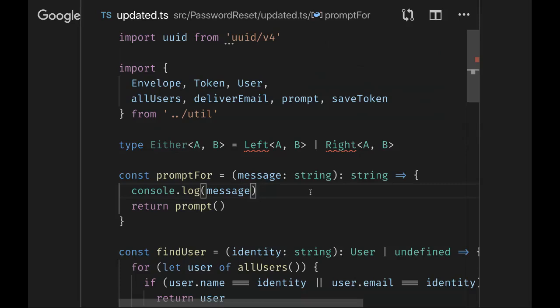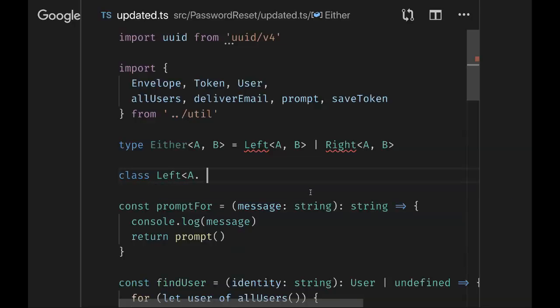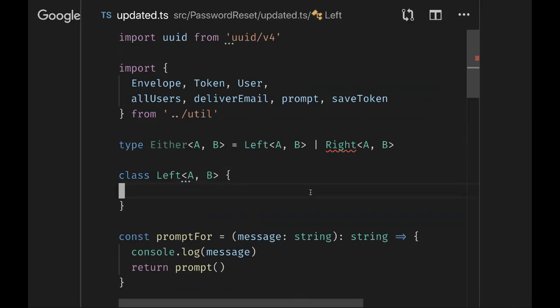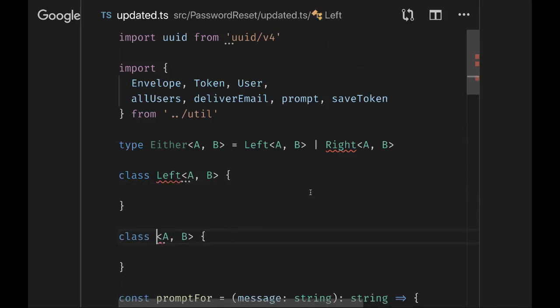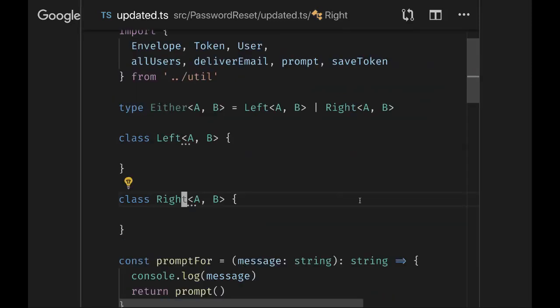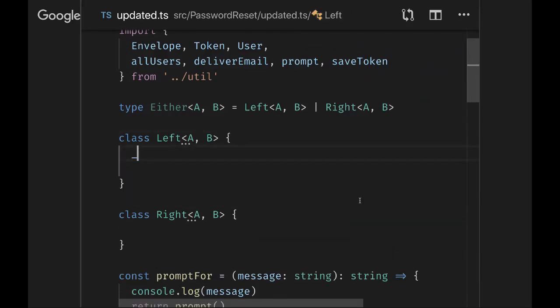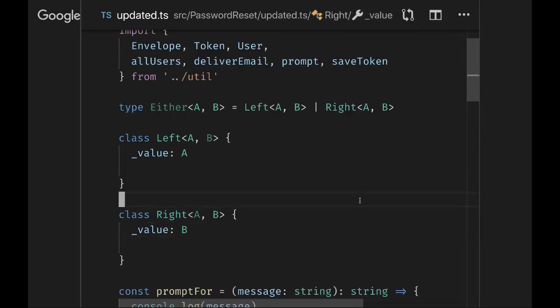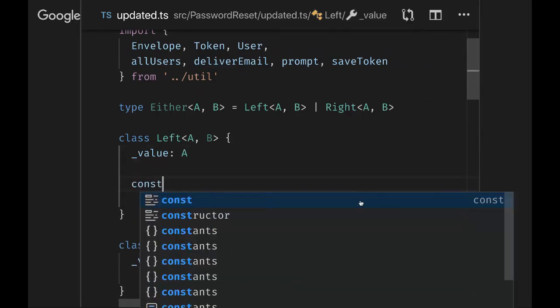Right. Where does that type come from? I haven't defined it yet. I owe you that before any of this is going to make any kind of sense. So let's do that. So the idea of a Left type. I'm sorry, I know these type things don't feel terribly helpful at the moment. So the idea is I'm going to have a Left and a Right, and they're going to look pretty similar. They both wrap a value. On the Left, the value that it wraps is an A, and on the Right, the value that it wraps is a B. So I'm going to construct them differently.